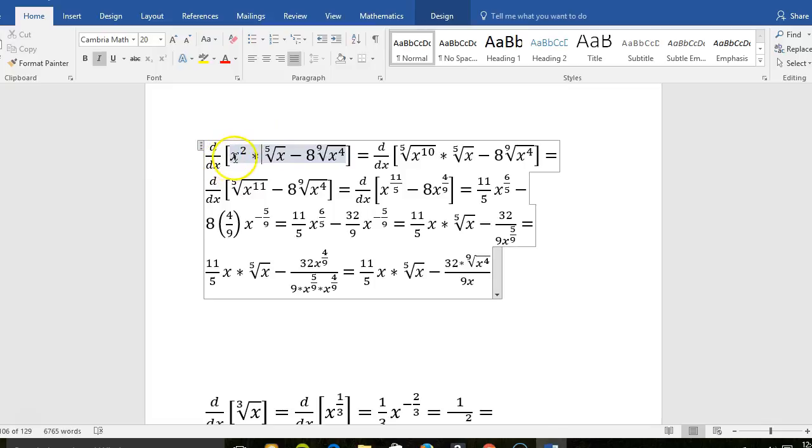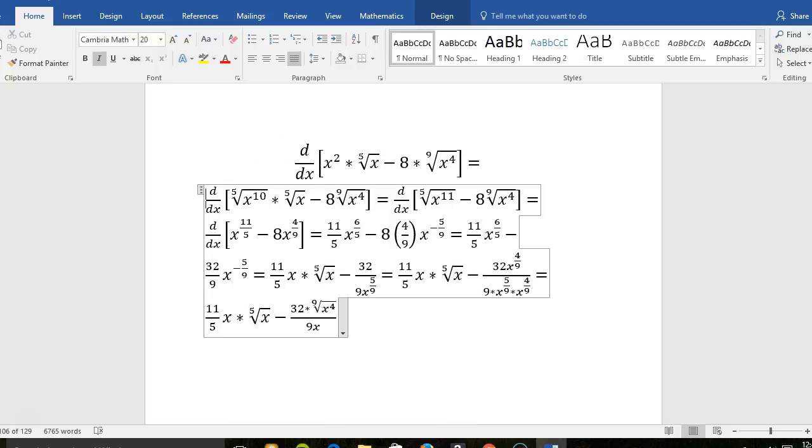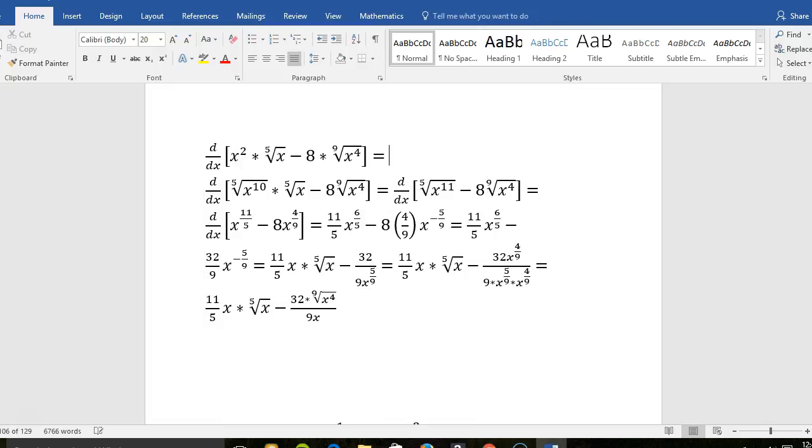So I'm doing d by dx of x squared times the 5th root of x, and then separately minus 8 times the 9th root of x to the 4th. And to me, even that 8 and that 9 are too close together. So let me put another times sign. Okay, and I don't like how this thing skips lines on me. So what are we going to do? Let's do that. Let me get this thing at least a line better. So we do, remember,